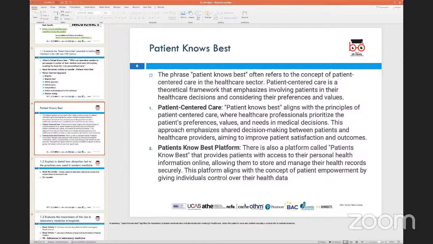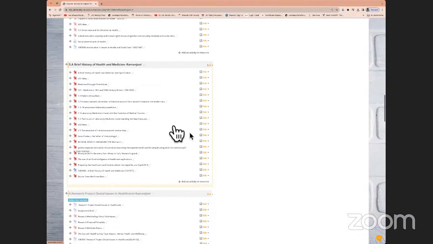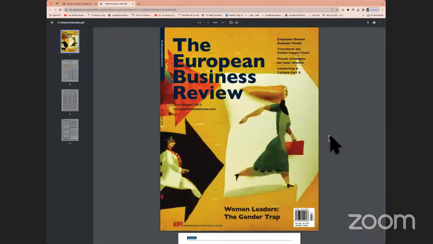I think this particular unit is now going to be a highlighted unit when you log into Moodle, and you should be able to see this unit with all the details as I've mentioned. So let me just switch you over and show you that article. When you look at this unit, Brief History of Medicine, here is where that article is, 1.1, Patient Knows Best. And if I click open that article, this is an extract from the European Business Review, which